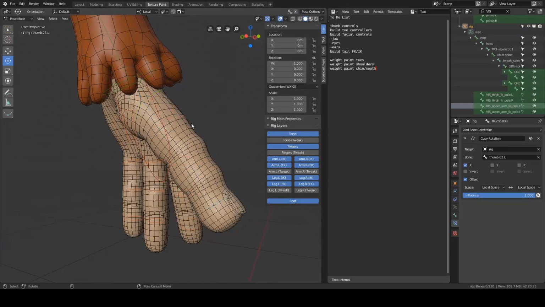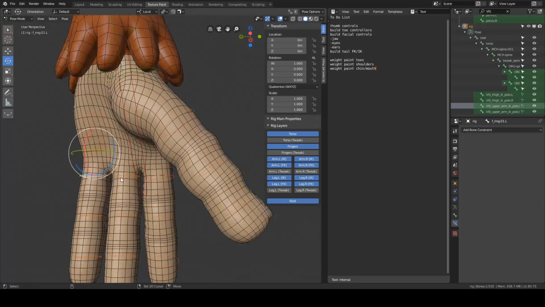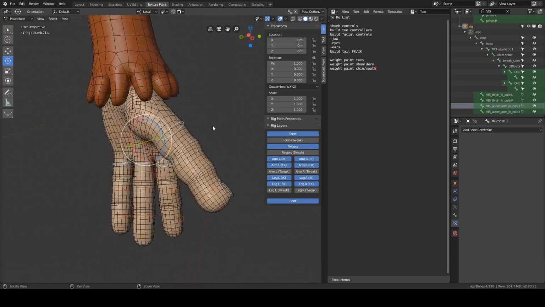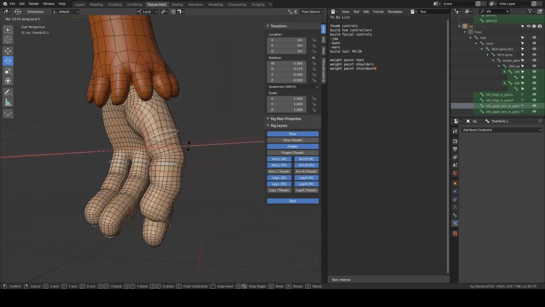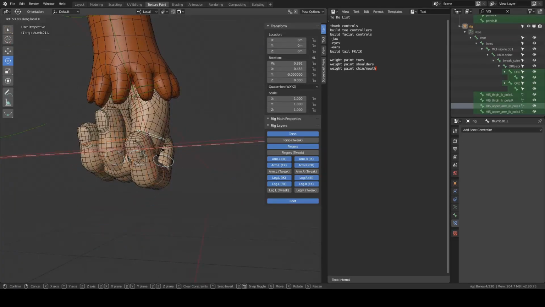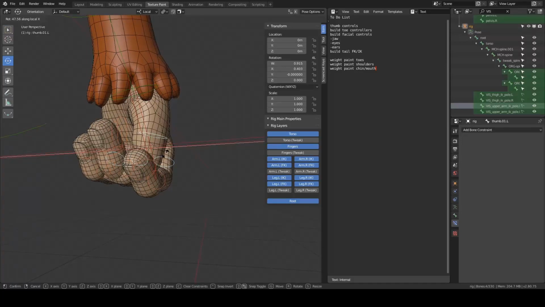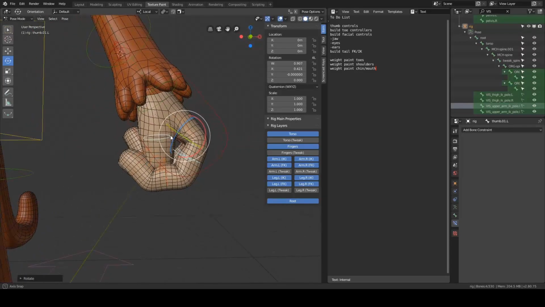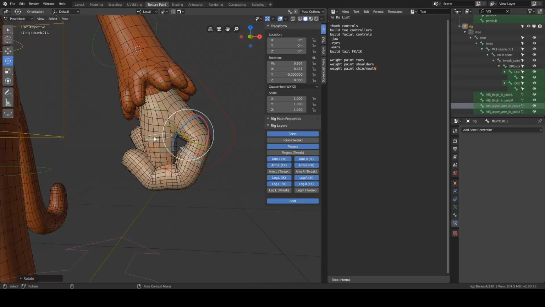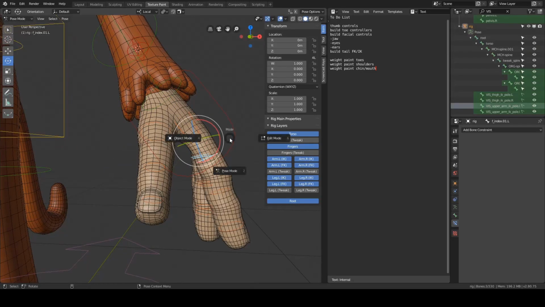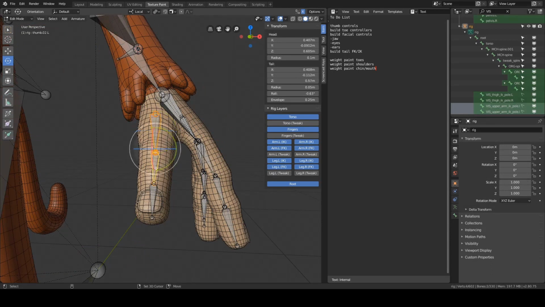Let's go back into pose mode. Let's once again grab all of these, just rotate on the X, and as we close that, it's not perfect, we're getting a little bit of penetration there, but that's just about right. I do still want to pull it over just a little bit more. So let's go back into edit mode, grab all of those, and let's push this to